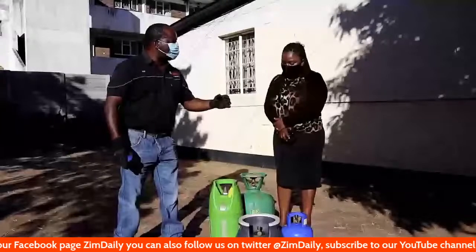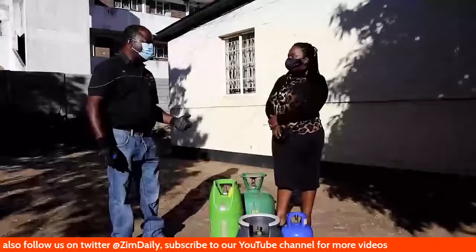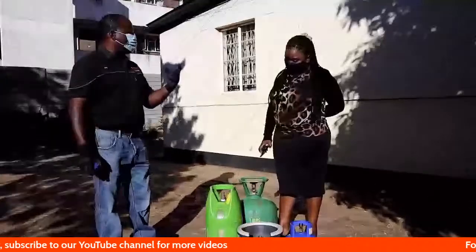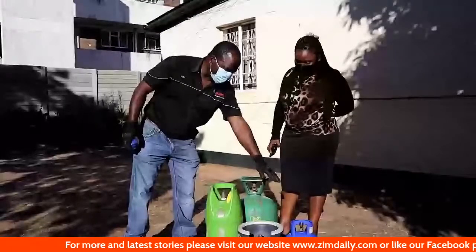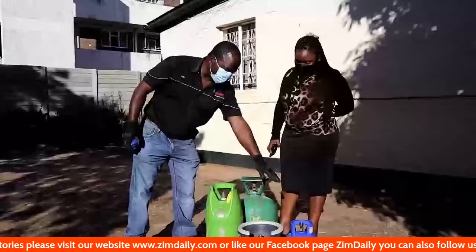Someone's worked the whole day, maybe they've only got $2 to fill that bottle. But if you go there, they only want you to get a bottle that's filled with 5 kgs. And I don't have that money to fill that. But with these ones, I can go anywhere I like, put a kg or less, and cook. That's right, which is basically what most of us are doing in the homes